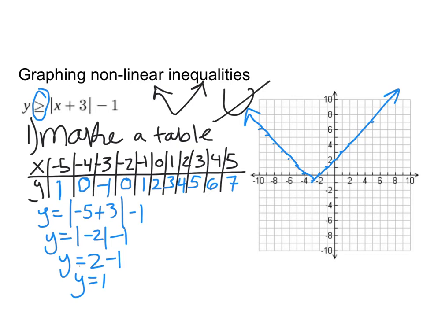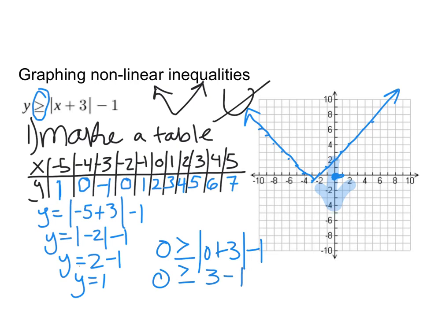Okay, and so then just like before, we're looking at this, we're going to see y is less than or equal to. So that does mean that the values below on the y-axis are going to work. But just to be sure, it's always good to test a point. I often test 0, 0, unless it's actually on the line. You never want to test a point that's actually on the line, because that doesn't tell you anything. But 0, 0 is easy. So 0 is greater than or equal to the absolute value of 0 plus 3 minus 1. 0 is greater than or equal to 3 minus 1,